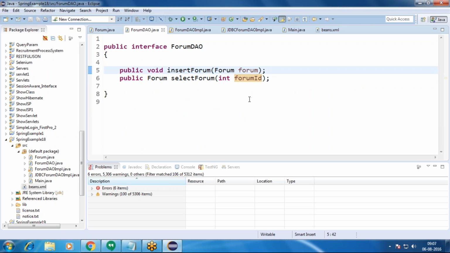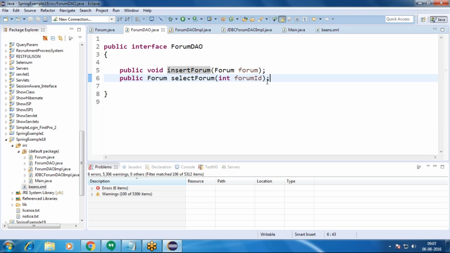In the same way, for the selectForum method we give an integer value as a parameter. Through insertForum we are going to insert forum-related values into the database, and through selectForum we are going to retrieve forum details from the database.